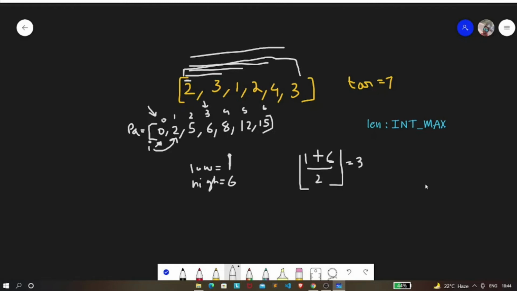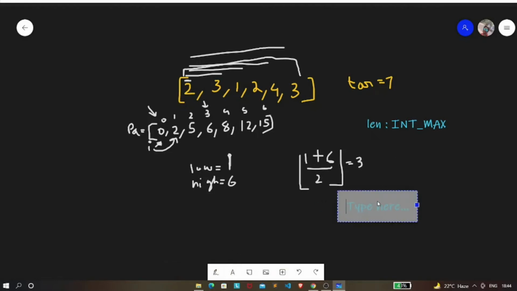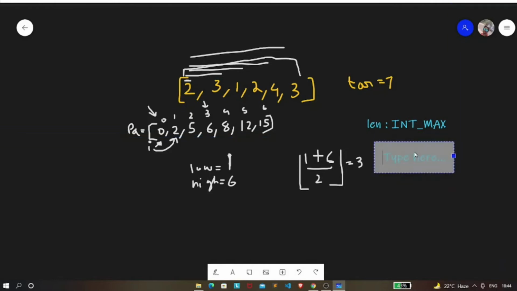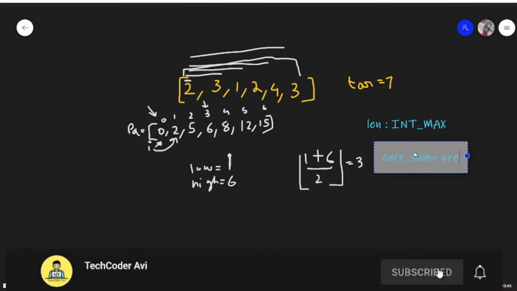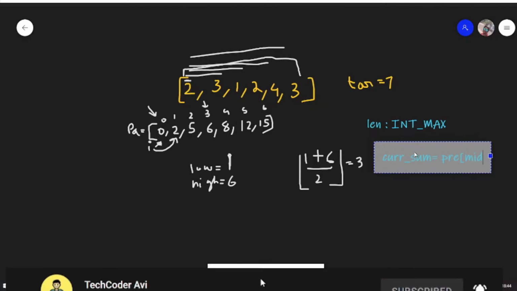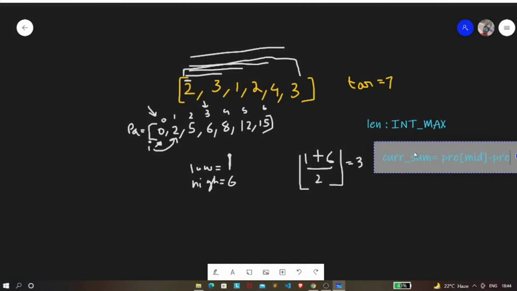Now we need to find the current sum, so let's create a variable. The formula to find the current sum is current sum equals your prefix array, let's call it pre, pre of mid minus pre of I minus 1.